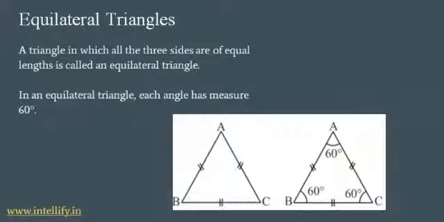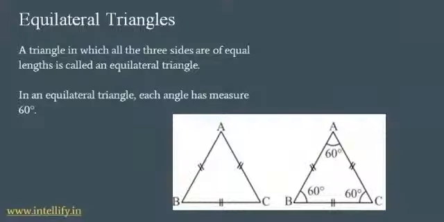I hope you remember from the angle sum property that the sum total of angles of a triangle is always equal to 180 degrees. In an equilateral triangle, all the angles have to be equal. So if all the angles have to be equal, we have to divide 180 degrees by 3, which is the number of angles of a triangle. So 180 divided by 3 gives us 60. Hence, every equilateral triangle will have 60, 60, 60 degrees on each angle. So there can be no other possibility.